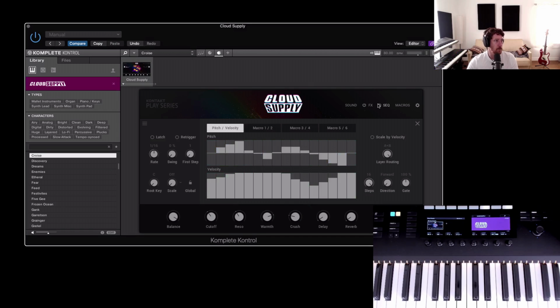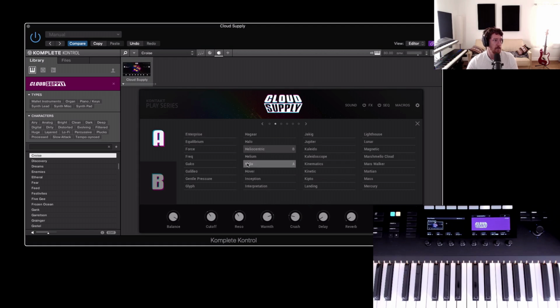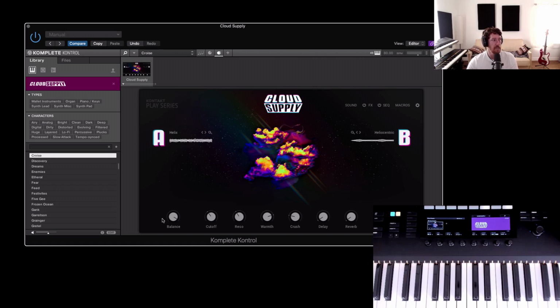So if I go to the main performance page, the Cloud Supply part of the Play series is made up of 2 source samples that you can just click here, swap them out, choose anything you want. Then you also have the same kind of macro controls that you saw with Budwig drums, which allow you to easily manipulate the main parameters of the synth that you would want. And then you also have the balance knob, which lets you blend between the 2 source samples. So if I start playing something,